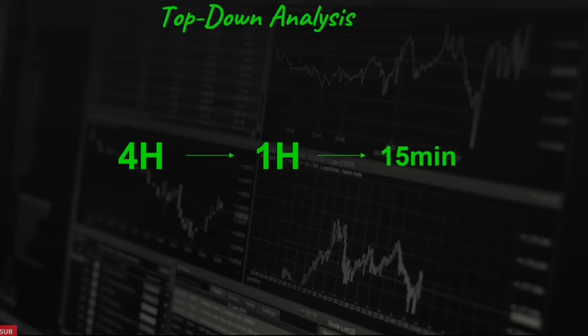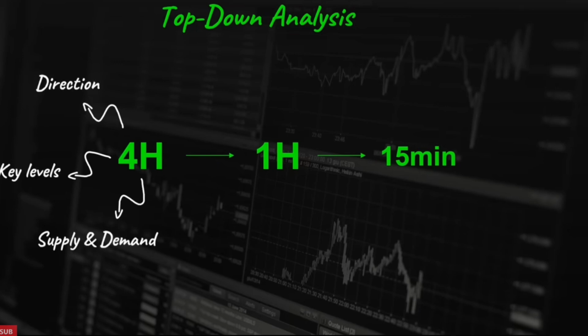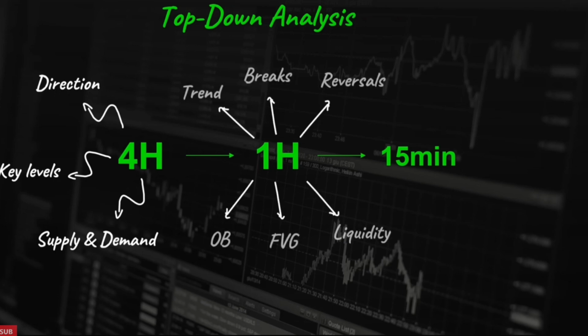Starting with the 4-hour chart, we apply the concepts of market structure to the chart to find the market direction, key levels, and supply and demand areas. Following, we zoom into 1 hour, which is our major analysis time frame. On the 1-hour chart, we identify the trend, breaks, reversals, fair value gaps, liquidity areas, order blocks, and trading opportunities. Furthermore,